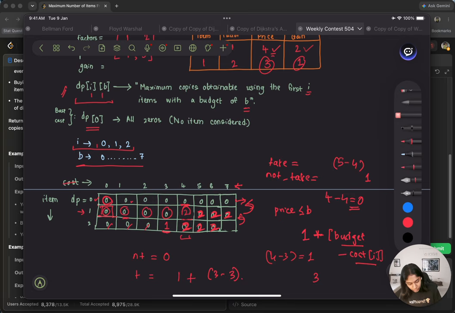And then when we come to the last situation over here, where our budget is actually 7, I have a budget of 7, and my item cost over here was 3. So I do 7 minus 3 is equal to 4. So 7 minus 3, my item, like if I don't take it, so let me just rub these things off. Our not take situation here would have just been the value before it, which would have been 2, but our